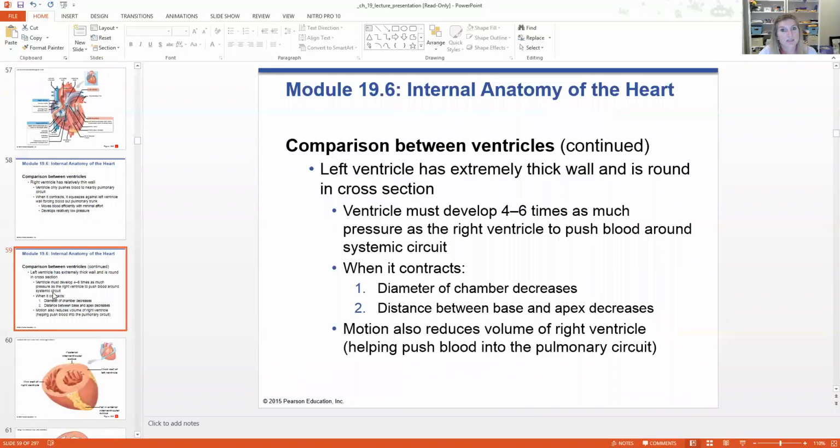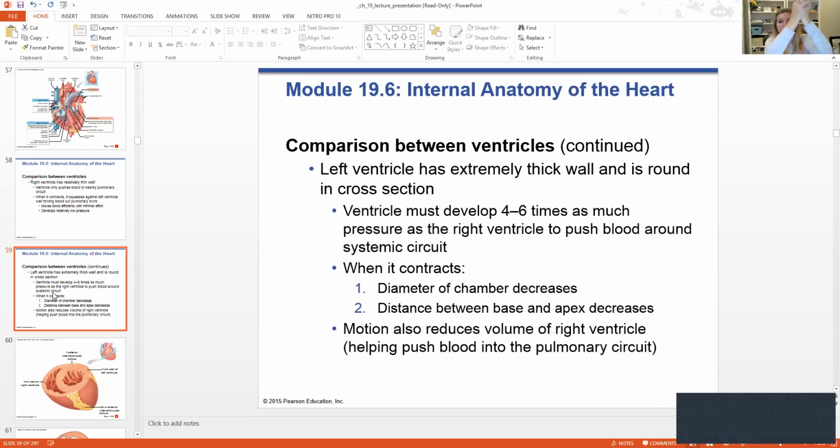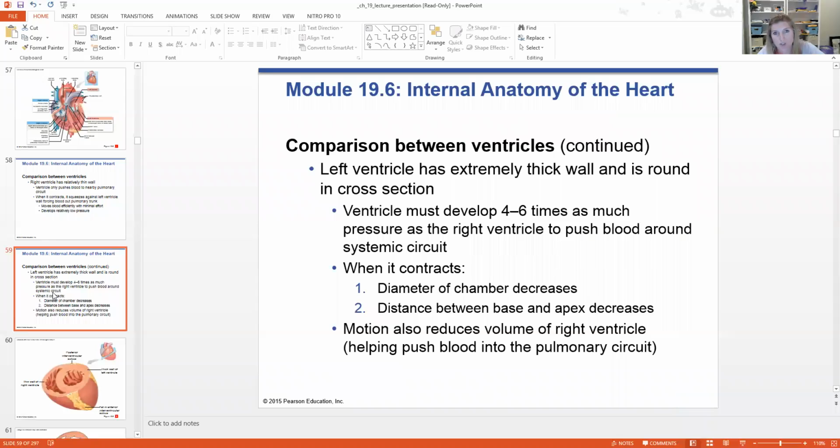Our left ventricle has a very thick wall and a very round cross-section, and it has to develop 4 to 6 times as much pressure as the right ventricle. When it contracts, the diameter is going to decrease, and so is the distance between the base and the apex. So not only does it get narrower, but it's getting shorter as well. So it's really pushing that blood up and out. And that motion is going to reduce the volume of the right ventricle also, to help push that blood into